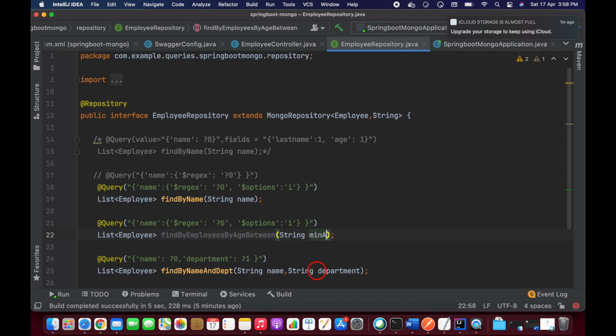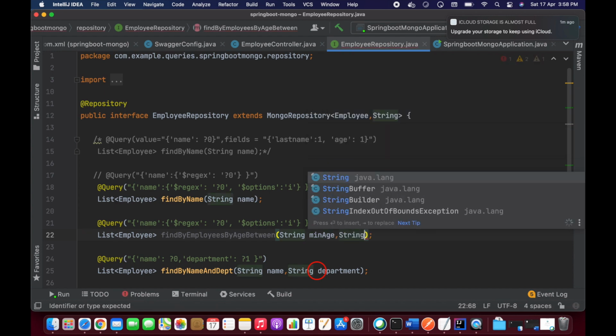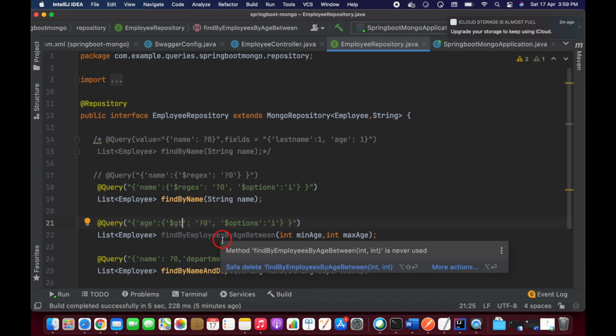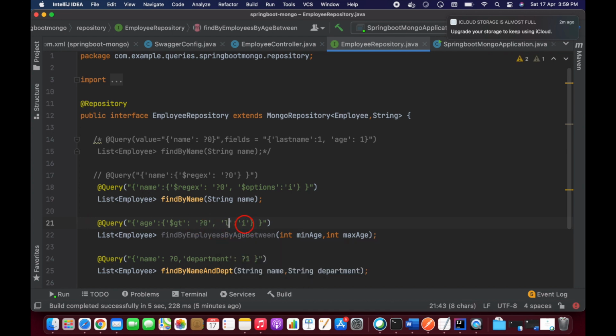But this is not a string, guys. Age is an integer number, so we have to provide integers here. After that, we have gt, greater than, and then this would be less than. So this is probably first.